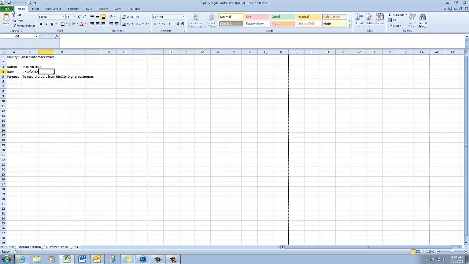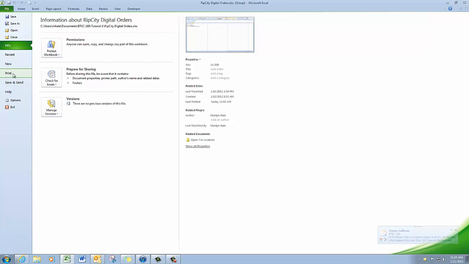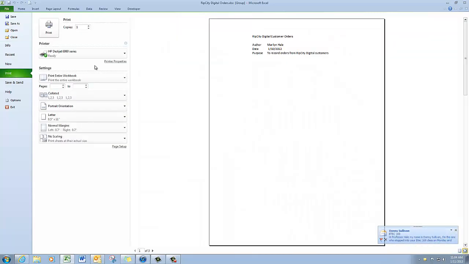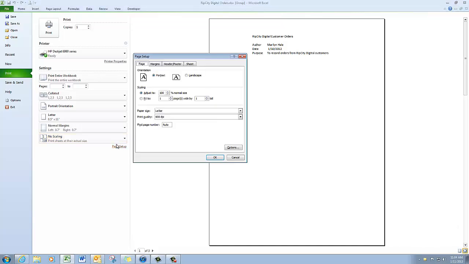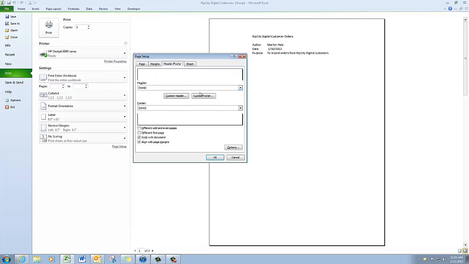So I'm going to click on File and then Print, and I'm going to go down to Page Setup, which is where I find the menu for the headers and footers. And in the Page Setup dialog box, you'll see that you have several tabs. I'm going to click on the Header Footer tab, and then I'm going to go ahead and put my name